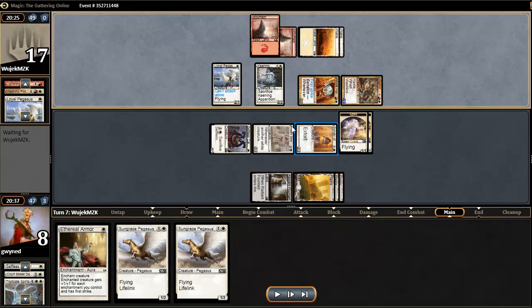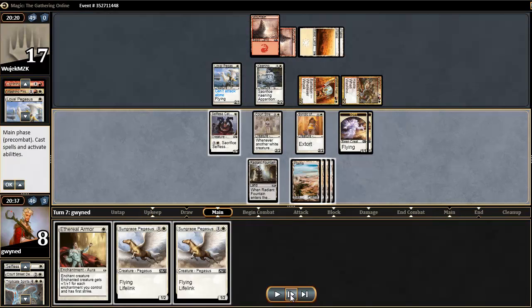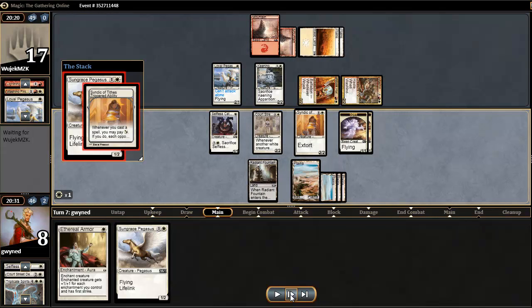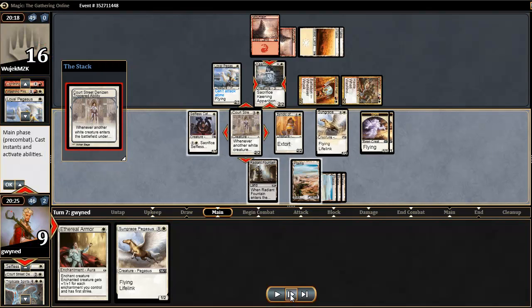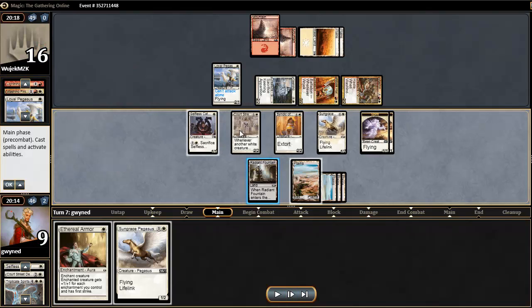Interesting. Looking back, I probably should have chumped there, but I suppose an argument could be made either way. So draw into another Plains here. Going to go ahead and run out the Sungrace Pegasus, gain another life through Extort. It also allows me to tap down his creature, and looking back, probably he needed to not just leave this back by itself, simply